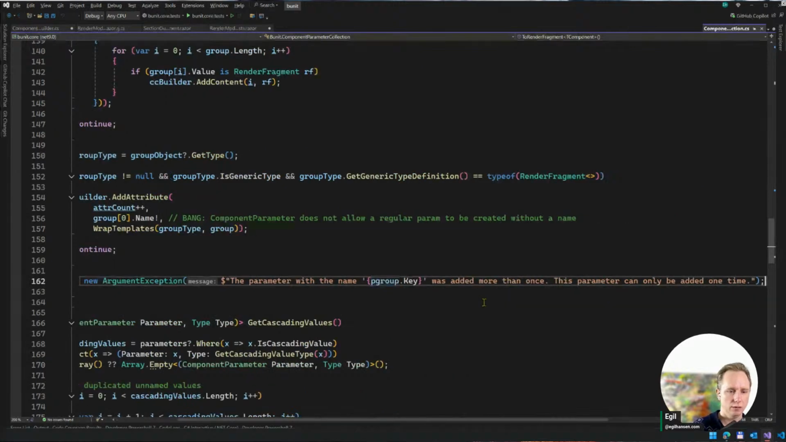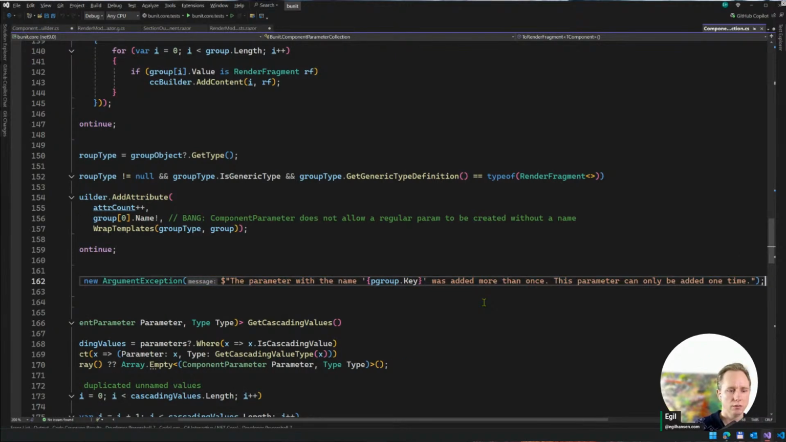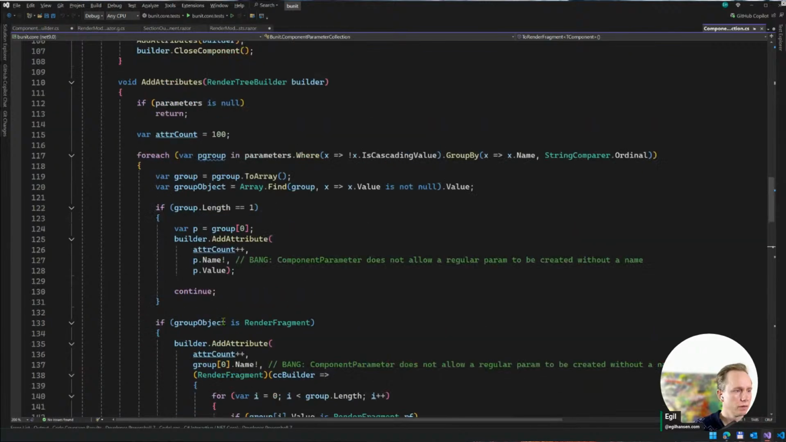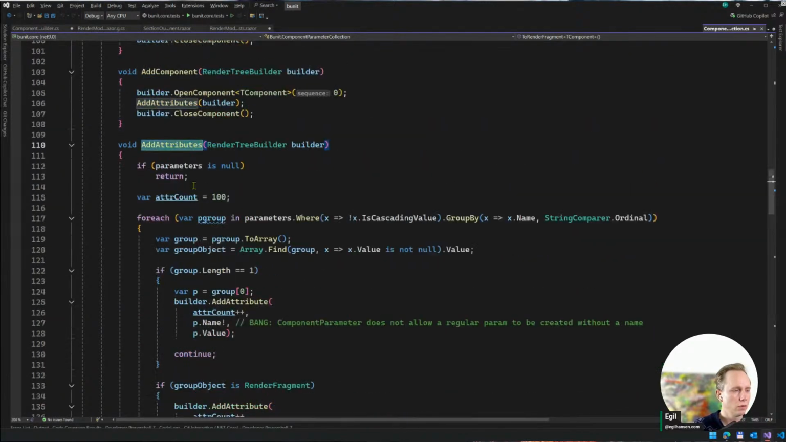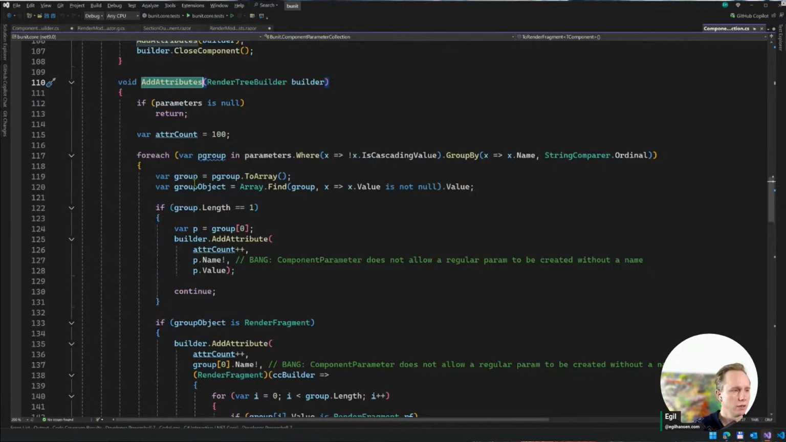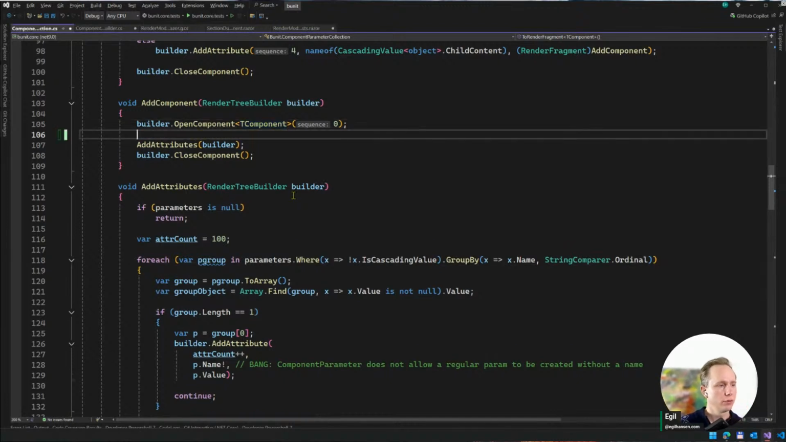Okay, so we actually don't allow things to be added more than once if they're not a render fragment type. And here we just say, if you do that, I'm going to blow up. This call to add attribute would be something we would do on a component. So I think whenever I have this open component, I would